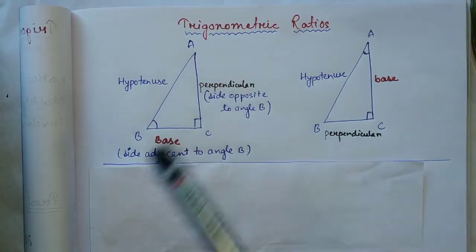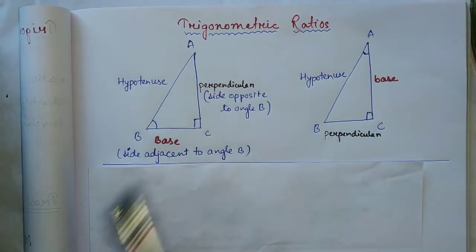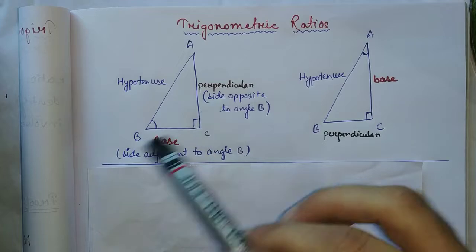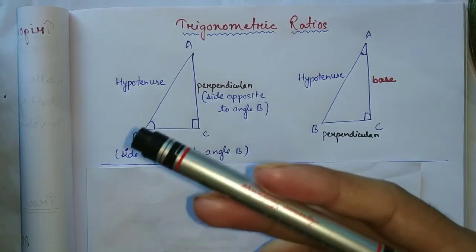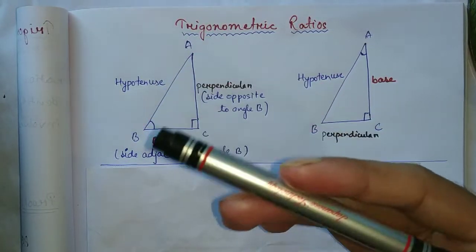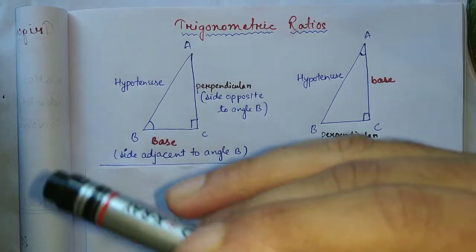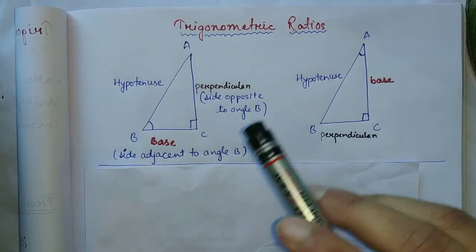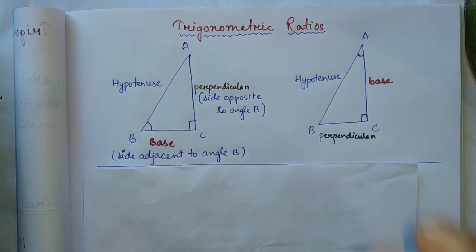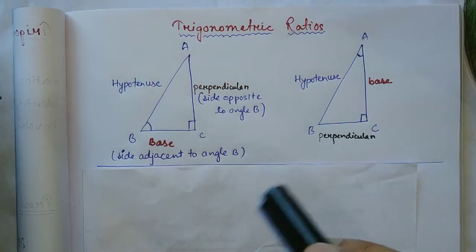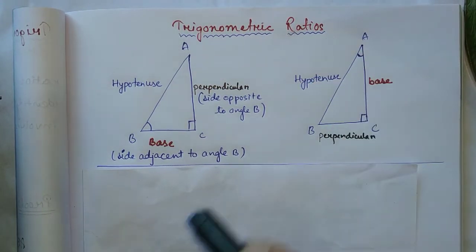So we can say that AB is the hypotenuse of this triangle ABC. Now what are base and perpendicular? Students normally get confused with it: which is to be taken as a base and which is to be taken as a perpendicular. They think the side which is generally drawn in the lower part of the triangle is the base and the side which is drawn straight is the perpendicular. But my dear friends, this is not the case.